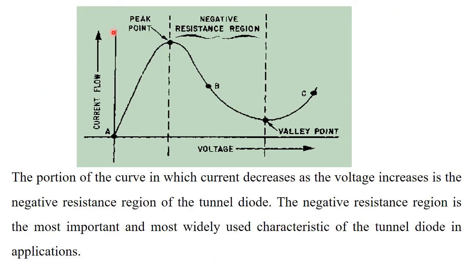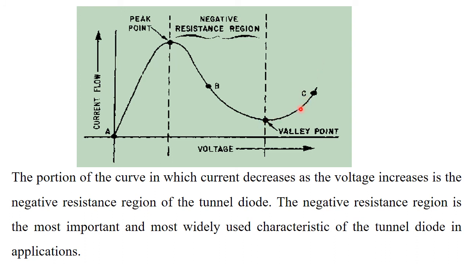So if we study the complete VI characteristic of a tunnel diode, you can see as we increase the voltage, initially the tunnel current is continuously increasing. Further increase in voltage decreases the current, as the conduction band of n-type semiconductor comes in front of the energy gap of p-type semiconductor. So we say that the tunnel diode is exhibiting a negative resistance region. Further increase in voltage again increases the forward current, and the tunnel diode works as a normal diode.